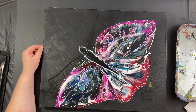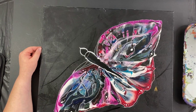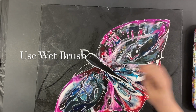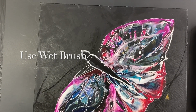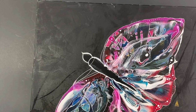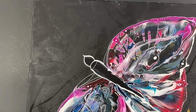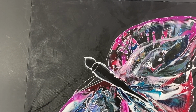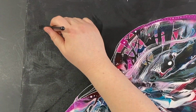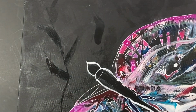So that's water, you guys. If you ever are trying to figure out what to do on a canvas but you don't want to ruin it, just dip your paintbrush in water, and it can help give you an idea where you might want to place some things. It just evaporates, usually, and then it's just a great way to make decisions without being permanent about them. So I just used the water to kind of determine where I wanted some of those embellishments to